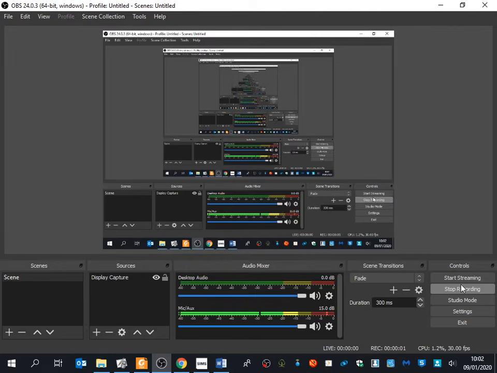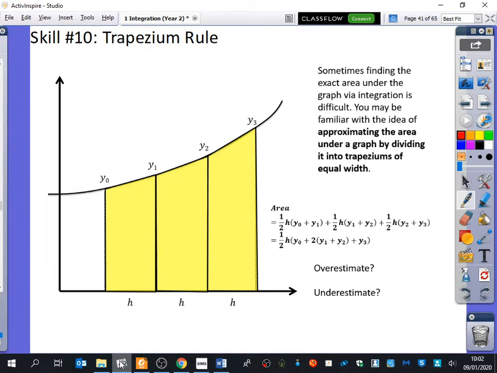So the trapezium rule is something that you should have had a look at when you were in GCSE to estimate the areas underneath curves. This technically falls into the integration topic, but it also falls into a topic that we're going to be studying later on this year called numerical methods, because this is really not actually doing any integration here. We're trying to find out areas underneath curves without even having a clue about the reverse chain rule or substitution